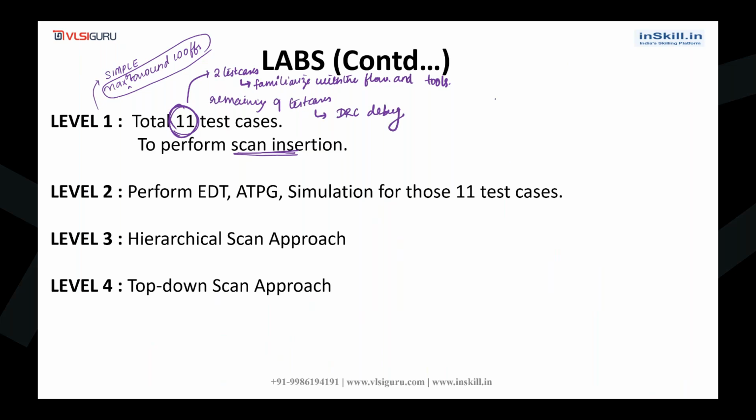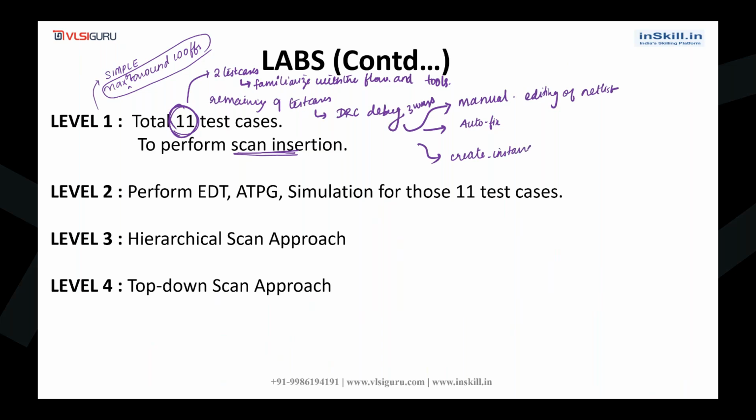Okay, and basically DRC debug, if you're using Mentor Graphics tools, can be done in three ways. You can manually edit the netlist and fix it, or you'll have the auto fix method, or you can use commands like